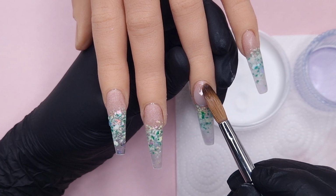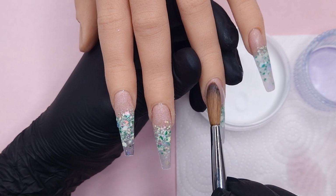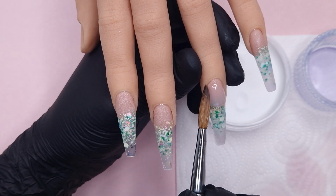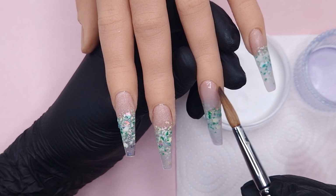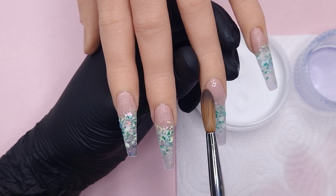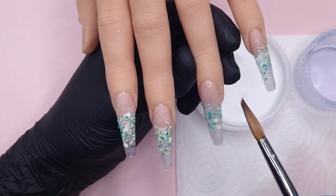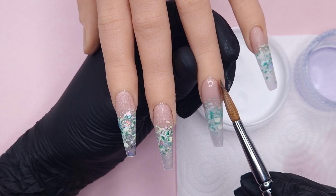So again, like when we applied that Rosie at the cuticle area, I'm placing this away from that cuticle and tapping it up into place. We don't need a too thick or bulky cuticle area, so I'm just applying a thin layer around that cuticle area. With this bead of acrylic, I'm leaving a majority of it in that back third for the apex area,